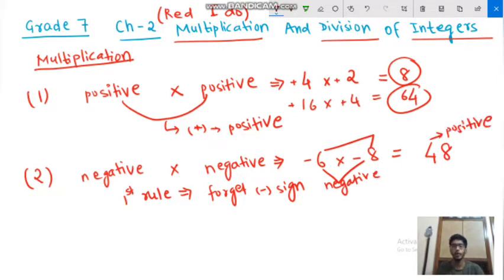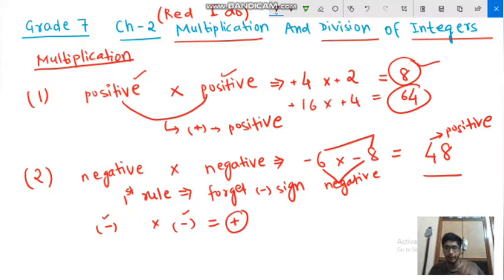Okay, so when you are going to multiply two negative integers, what you are going to do, you are going to forget the negative sign in front of them. You are just going to multiply the numbers and whatever answer you get is your final answer. So if you multiply two negative integers, negative into negative, you get a positive integer as the answer. Okay, remember this: negative into negative, positive, and the first one positive into positive, also positive. So this is easy to remember, right? So I want you to pause the video for 1 minute, take a break, note it down and recall. Okay, your time starts now.